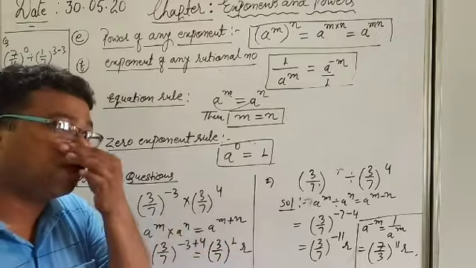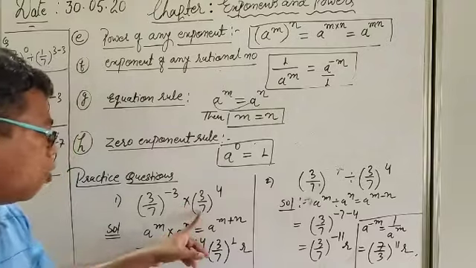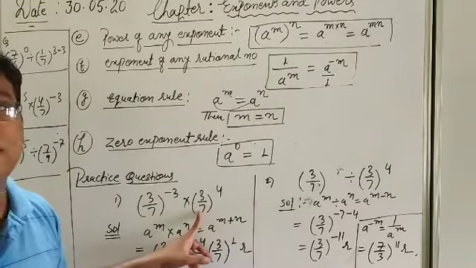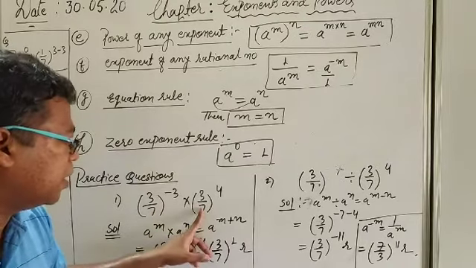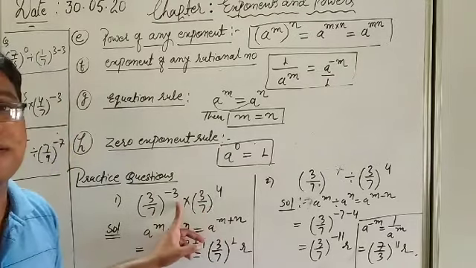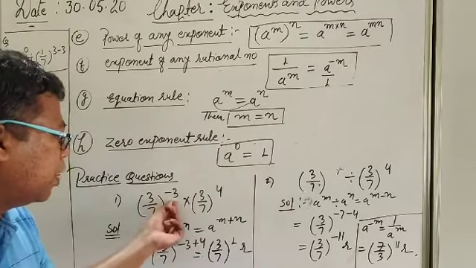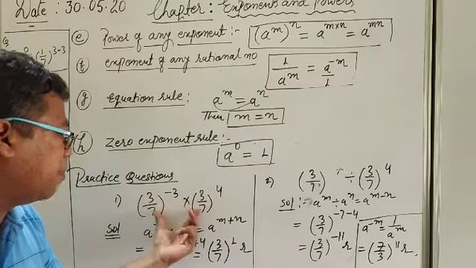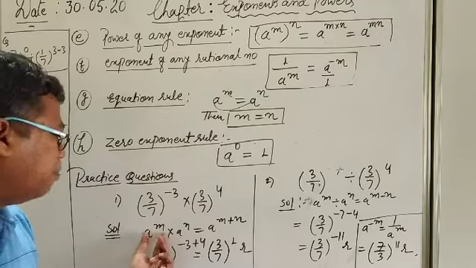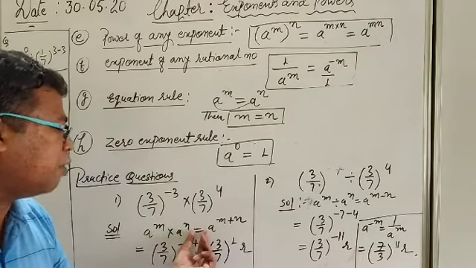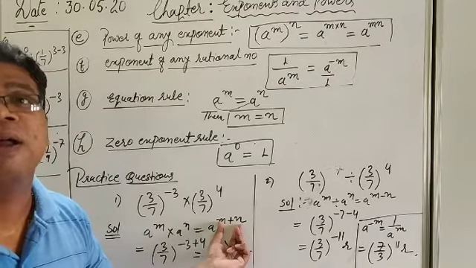Okay, so what we have studied so far is that if there is a multiplication case with a common base, see 3 upon 7 and 3 upon 7, the same base is coming here, and these both are the powers, which are also called exponents. So which rule applies? Multiplication rule with the same base. A to the power m into a to the power n, and directly what we have to do? A to the power m plus n, addition of the exponents.